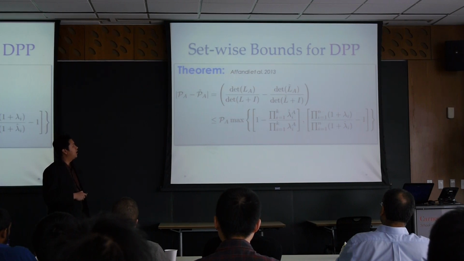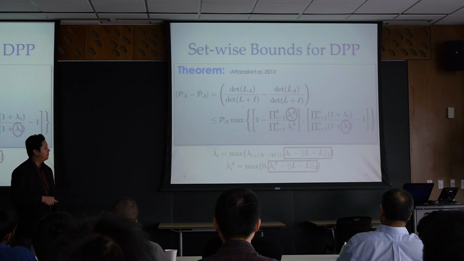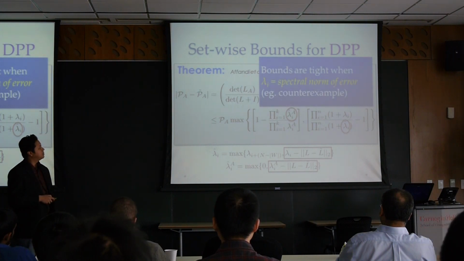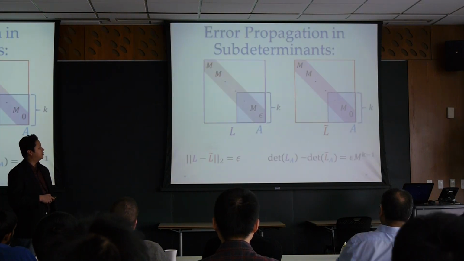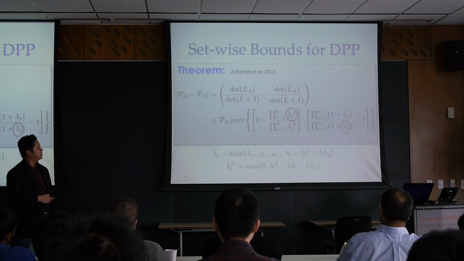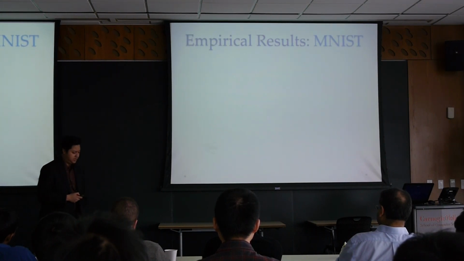So in the paper, we came up with set-wise bounds on DPP, where we concluded that the norm 2 error plays a big role, indeed. And basically the bounds are tight. In the case we had before, the bounds are tight here. That's the best we can do. So the nice thing is that